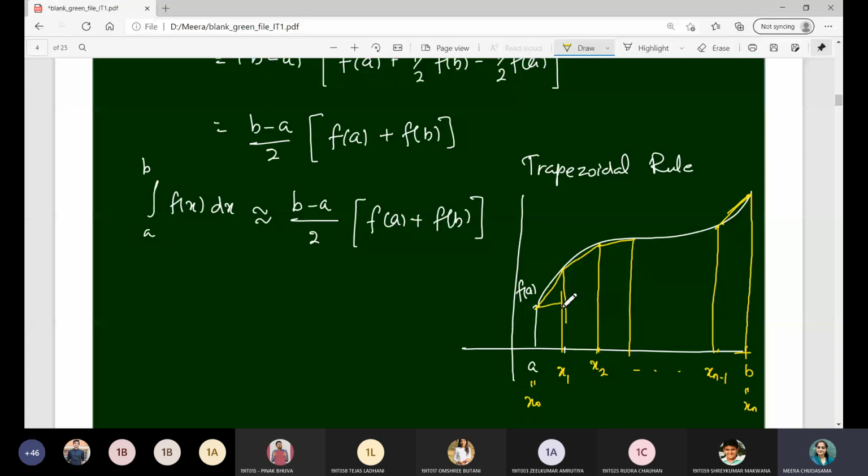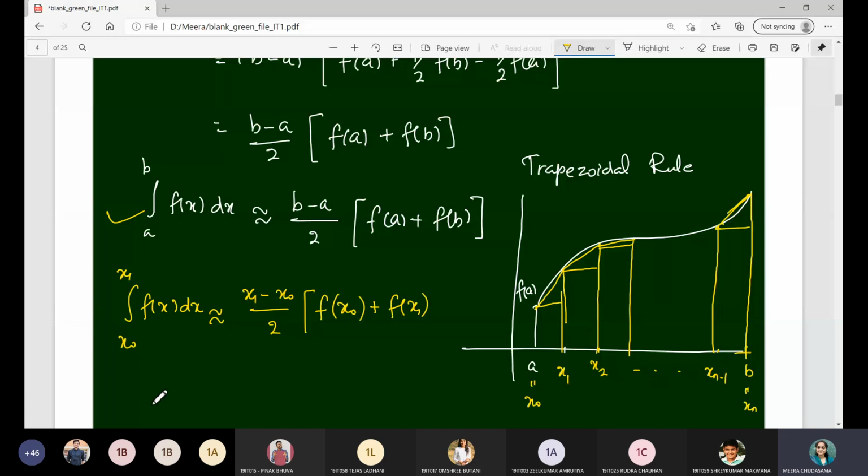Actually the structure is called trapezium, and hence when we composite all this, it is called the composite trapezoidal rule. So let us first evaluate the trapezoidal rule for the first subinterval x0 to x1, f of x dx. From this formula itself you can say what the corresponding approximation will be. Instead of a and b you have to put x0 and x1, so it will be x1 minus x0 by 2 times f of a. f of a is nothing but f of x0, and f of b is f of x1.